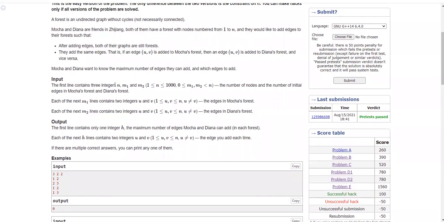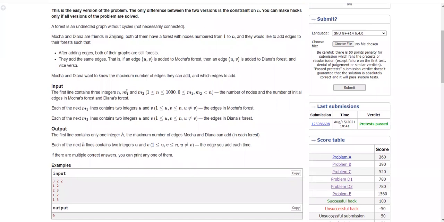So you will be given integers n, m1 and m2, where n is representing the total number of nodes you have. M1 is representing the number of edges which are already present in Mocha's forest, and m2 is representing the number of edges which are already present in Diana's forest.